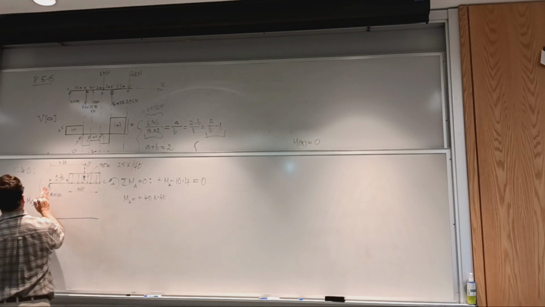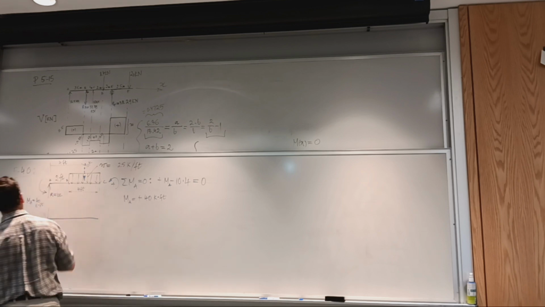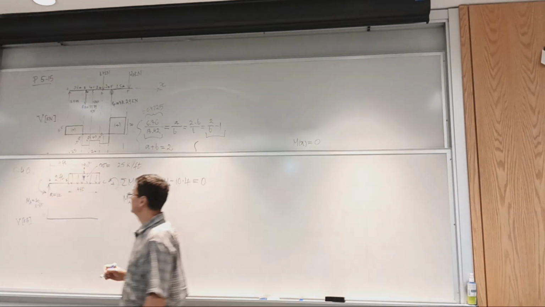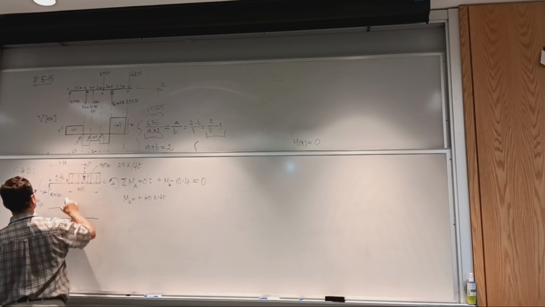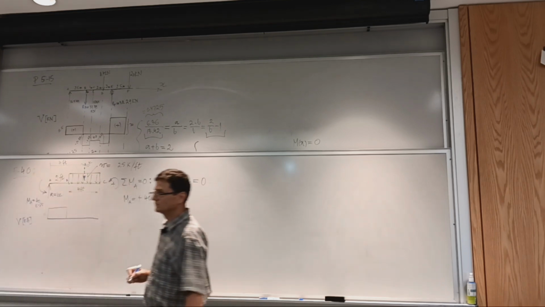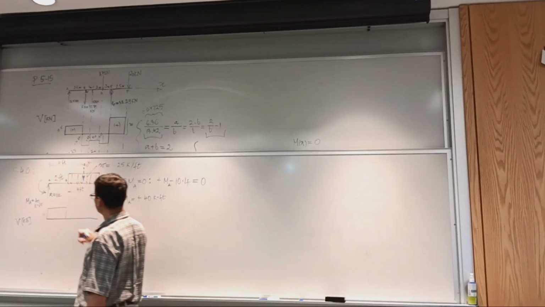And I'm at A, and I have a 10K jump, and then I stay constant, nothing happens, up to point B. Okay? And then I have